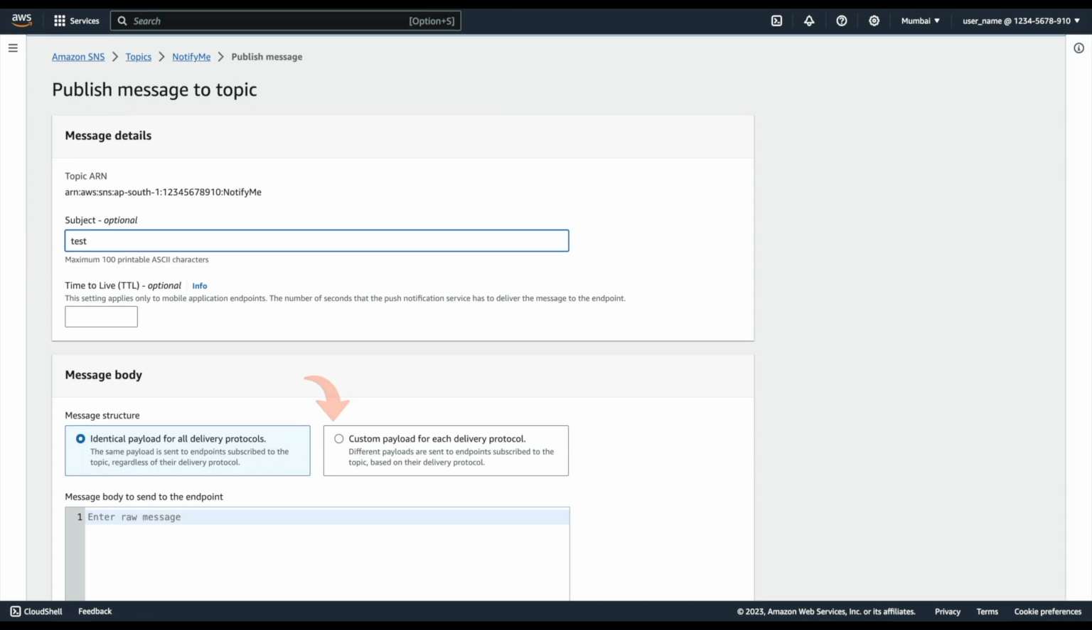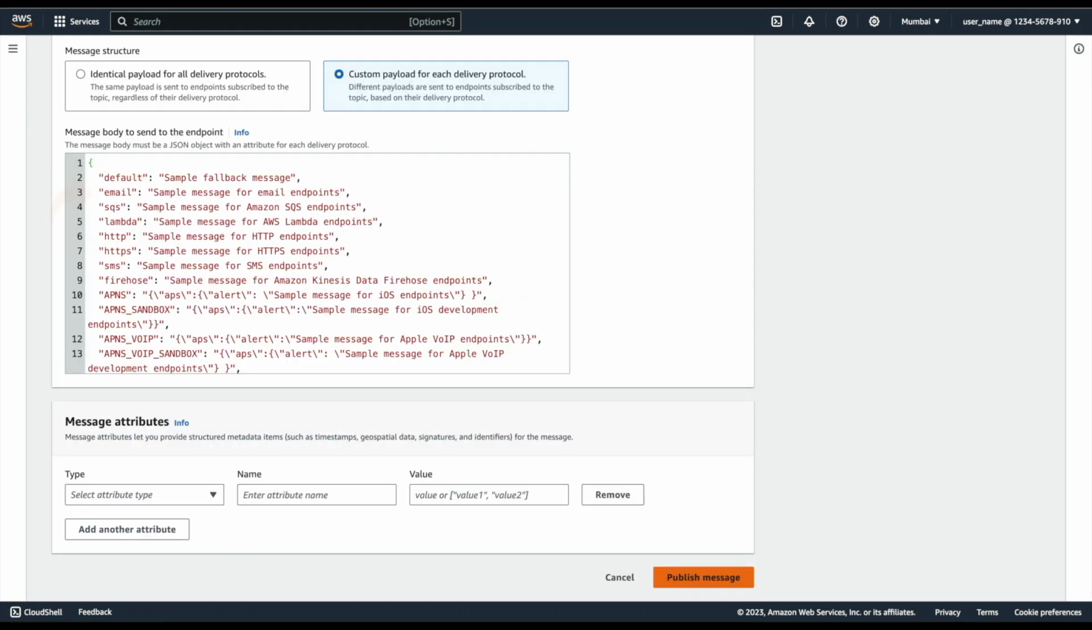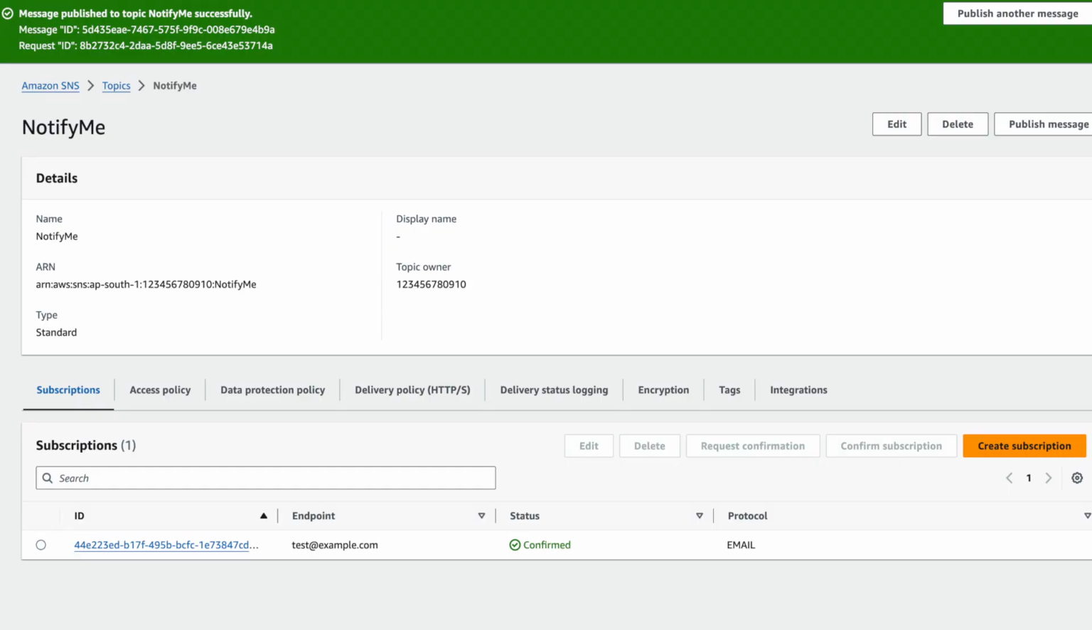Next, click Custom Payload for each delivery protocol. Note how you are able to specify custom payload per protocol. Let's go ahead and publish the message. Next, click Publish Message. Once you publish a message, Amazon SNS delivers it to endpoints that subscribe to the SNS